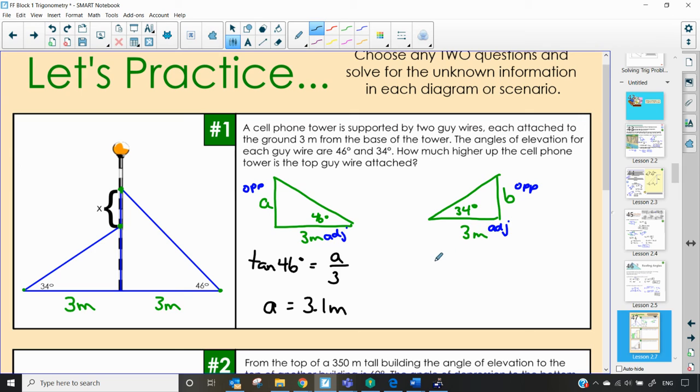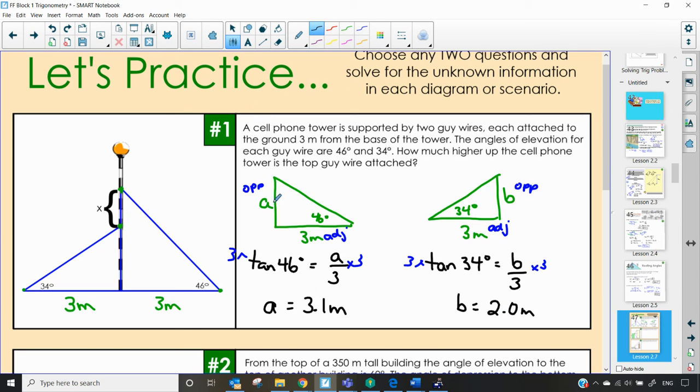And then for the second question here, we have tan of 34 is opposite, which is B over 3. Again, multiplying, we're going to multiply by 3 on both sides. I can label that over here as well. And we have 3 times tan 34 gives me B is equal to 2.0 meters. Again, you're going to keep these exact on your calculator, but we want to know the difference in